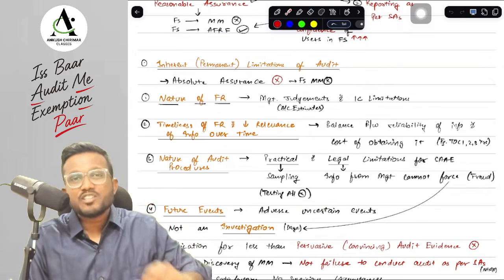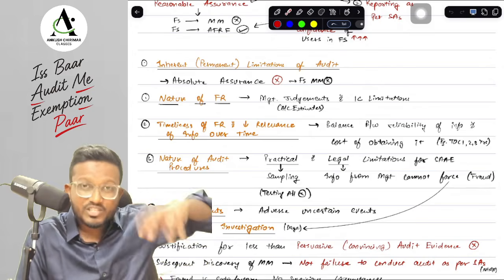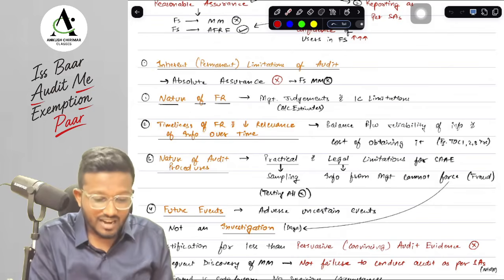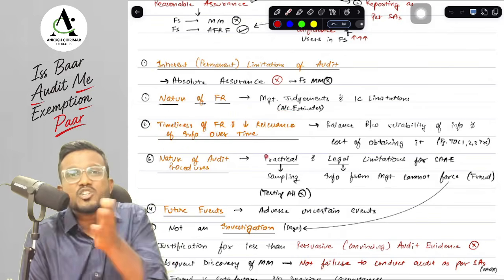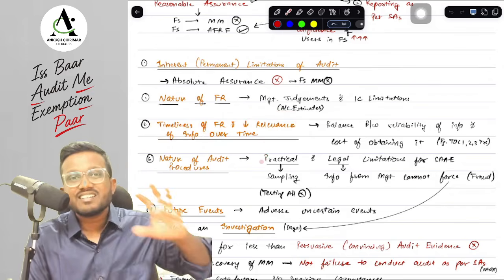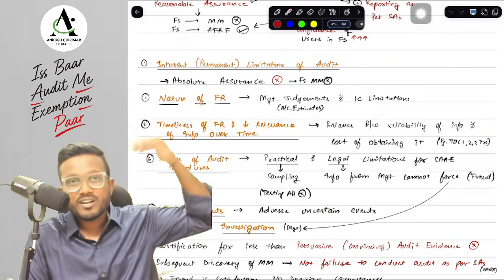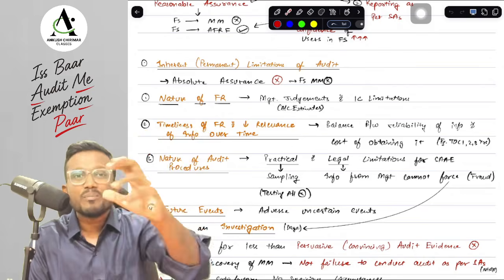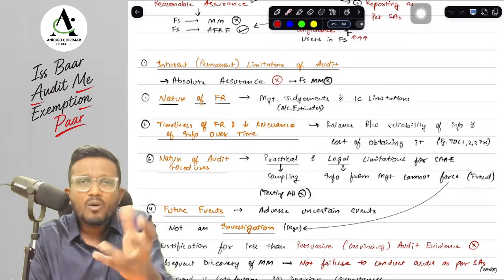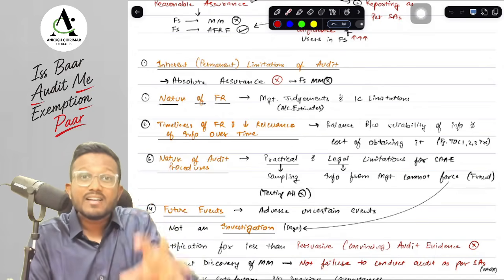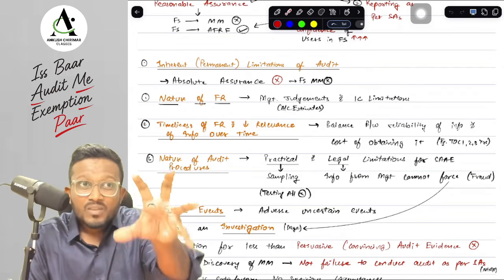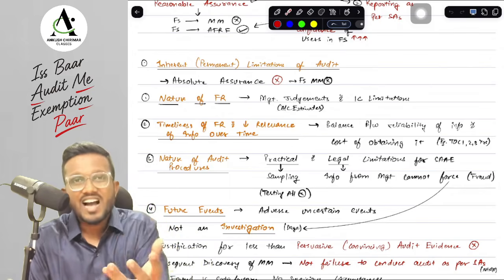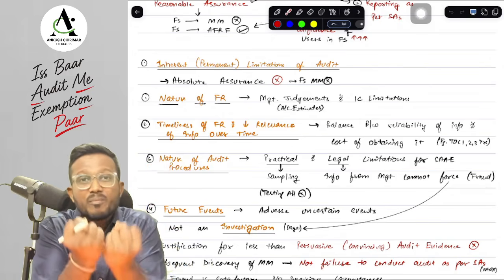Secondly, the timeliness of the financial reporting. From the origination of the transaction until the preparation of the financial statements and doing the audit, the relevance of the information, the importance of the information, decreases over time. It is just like a newspaper. Yesterday's or the day before yesterday's newspaper is not relevant to us right now. So how is it a limitation? We always have to obtain relevant, important information, and the cost of obtaining the information is very high. So we need to create a balance between the relevance of information and the cost of obtaining it.